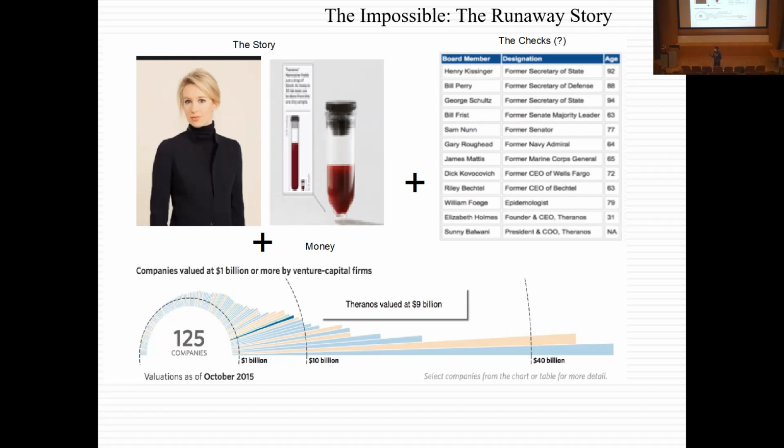And over the next 6 months, the entire company unraveled. The $9 billion went to zero. Theranos was cooking the books, making up tests. Elizabeth Holmes was banned from the blood testing business. She actually lives in San Diego, a few blocks away from me. I've actually seen her, but a few weeks ago, she was found guilty of wire fraud or whatever else. It shows you how long it takes for the legal system to catch up. But this business imploded and went to nothing.